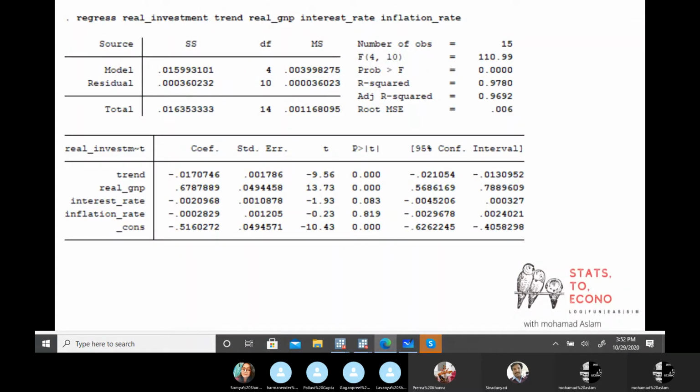Tomorrow also I'm not sure if I'll be free or not. In that case, I'll take class on Saturday as well, because I want to complete these derivations first. After this derivation, the assumptions are the most important part: what are the assumptions of the OLS method, and if those assumptions are fulfilled, then only will some statistical properties be proved. Otherwise, there is a problem applying the OLS method. There is a derivation part for that, so I want to complete that tomorrow, the day after, maybe one or two other days. Then I'll shift to the other values.